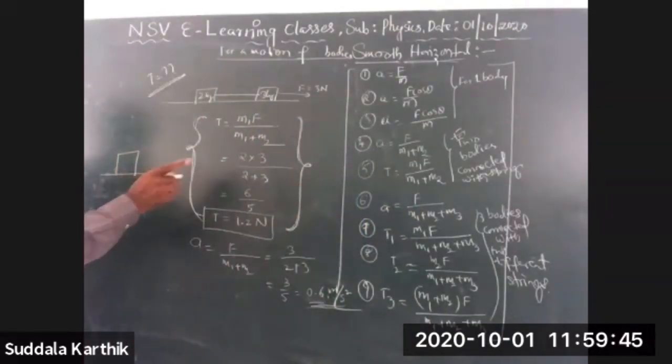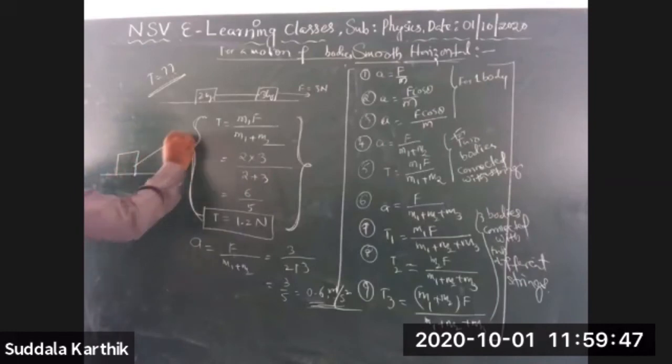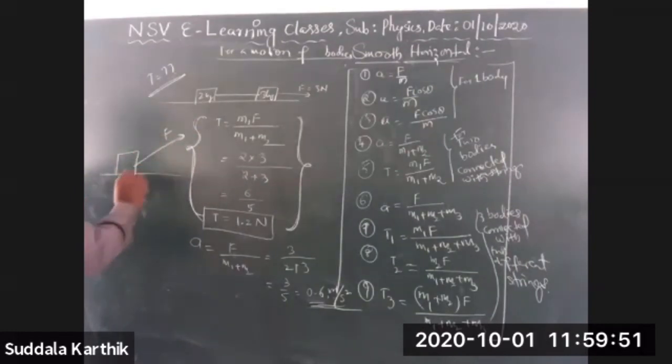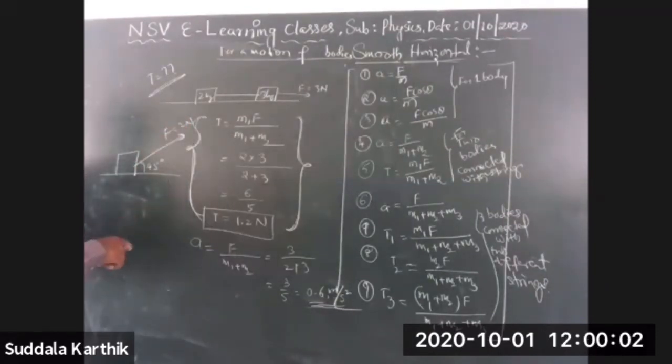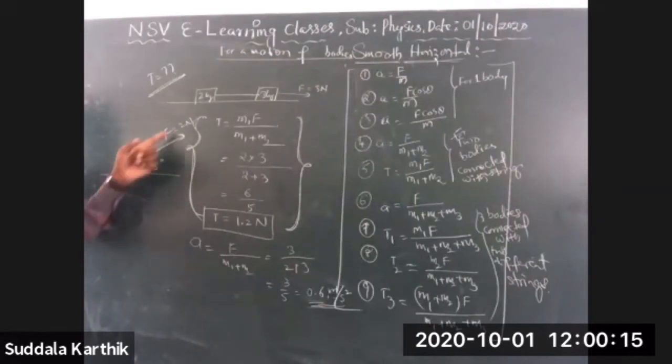One body is there, yes, it is in the textbook also, Nana. I am pulling this body in this direction with force F, making an angle of 45 degrees. Some 2 newtons of force is applied in this direction at 45 degrees. The mass of the body, M, is equal to 2 kg. Yes, 2 kg mass is there. I am pulling this body with 2 newtons of force, Nana.